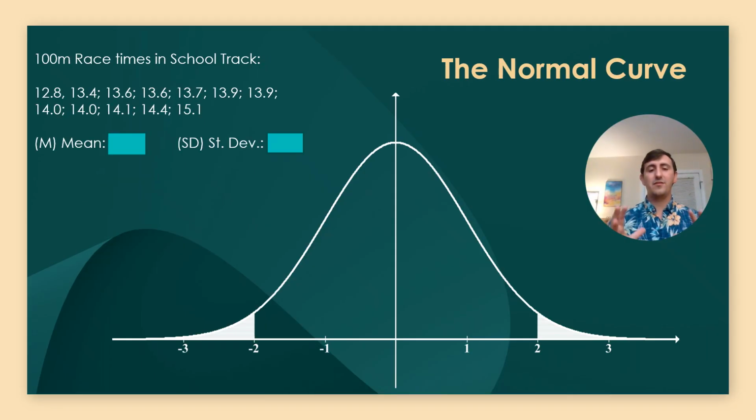All right, so now I have a different version of that same normal curve. It's a little bit emptier, but we're going to fill it in ourselves. We still have our middle arrow, which is the mean. And we still have our 1, 2, 3, and -1, -2, -3. Those are still our standard steps or standard deviations away. But now we're going to apply some real data to it and see if that clarifies what a standard deviation